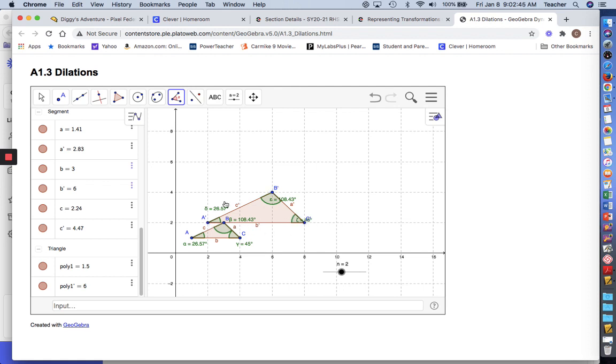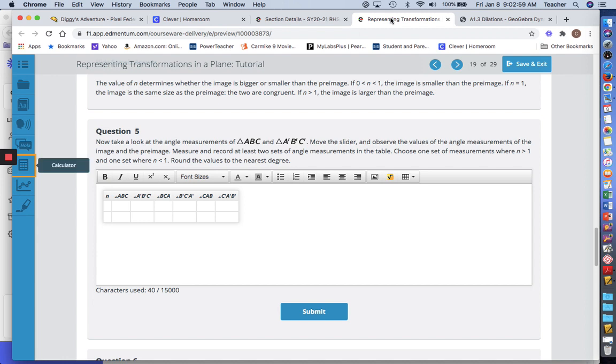So C should be 45. Let me move that so you guys can see it. You visual people want to see it. There you go. Angle measures don't change. I don't care how big or how small it gets. The only thing that changes are the ratios of the sides. Angle measures stay the same. All right, so,